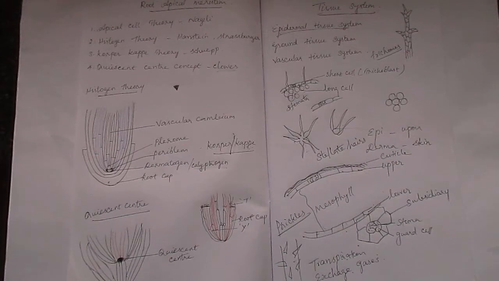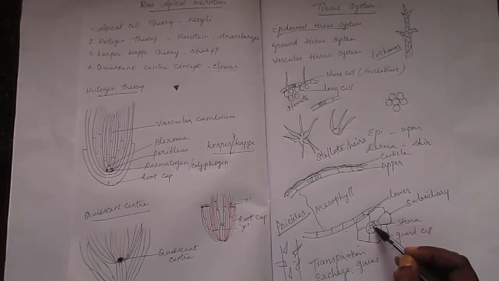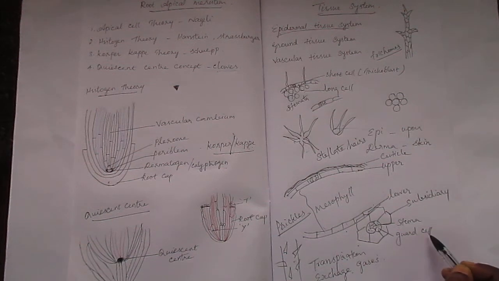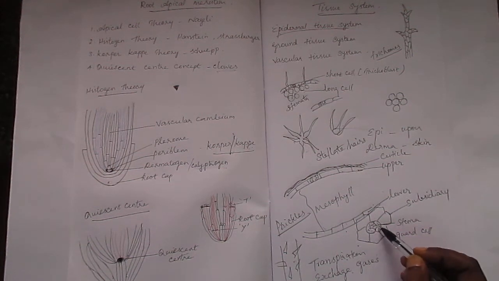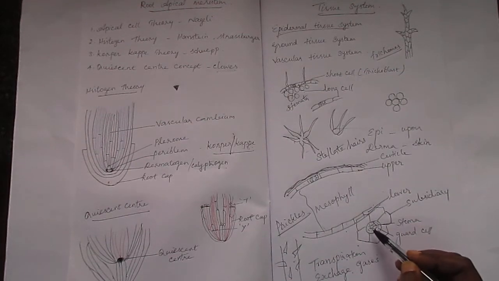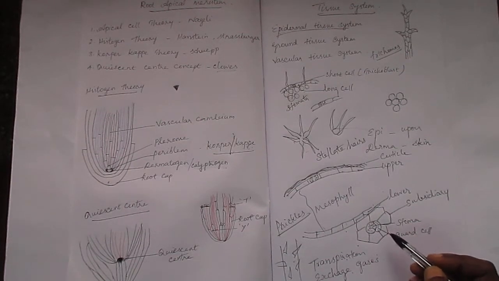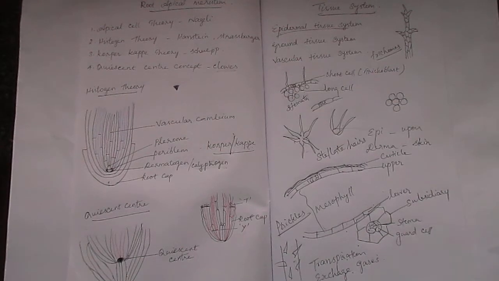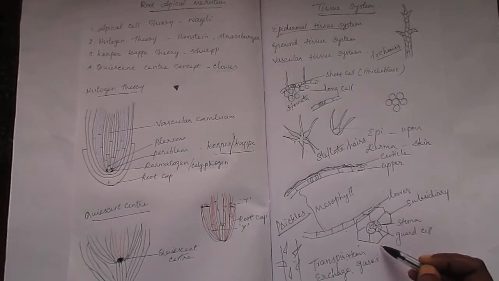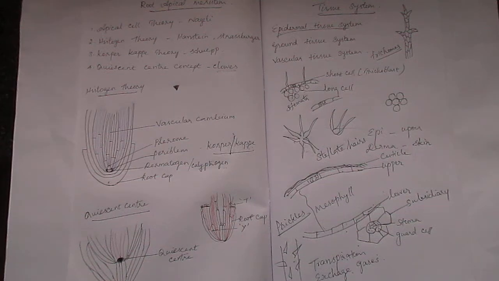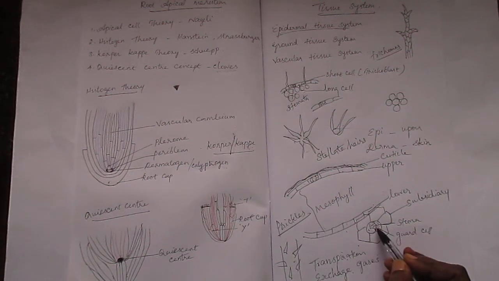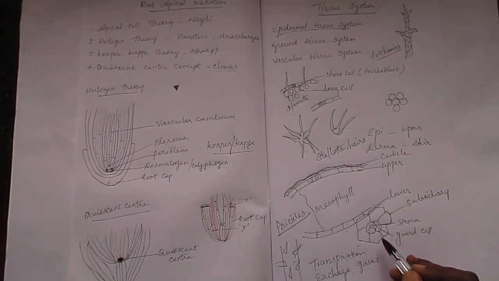A stoma is the opening or pore surrounded by two bean-shaped cells called guard cells. In the epidermis, the guard cells contain chloroplasts, while the remaining cells in the epidermis do not possess chloroplasts. Surrounding the guard cells, there are other cells called subsidiary cells. Stomata are minute pores surrounded by two guard cells. Most guard cells are bean shaped, but in grasses they are dumbbell shaped.